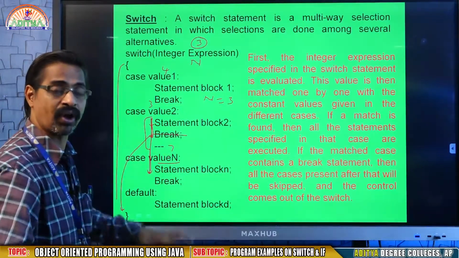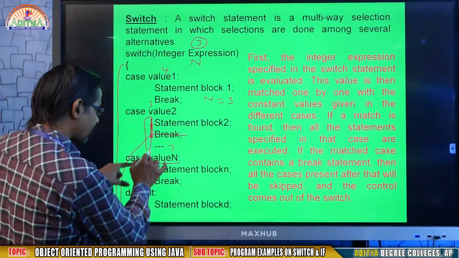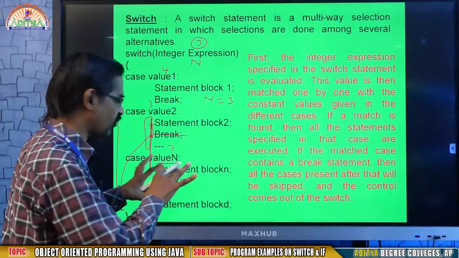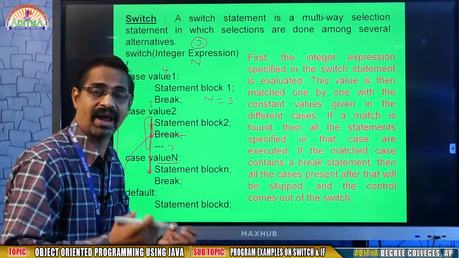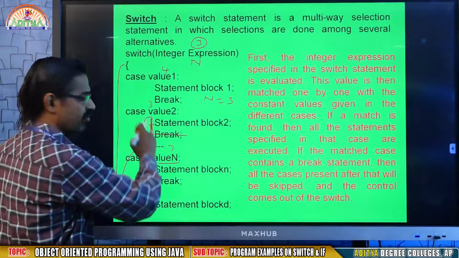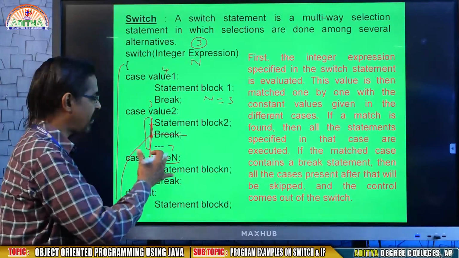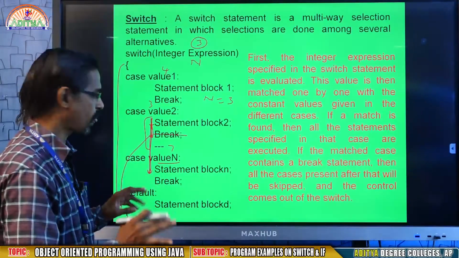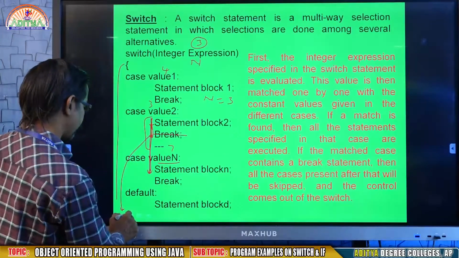If you forget to give break, then it automatically enters the next case, because the switch doesn't give any error message. The first time it supports the selected case. The remaining times it will not give objection. Okay, that is the concept.